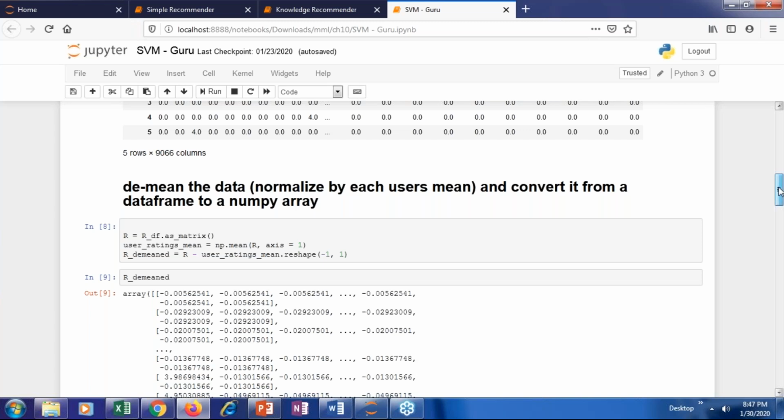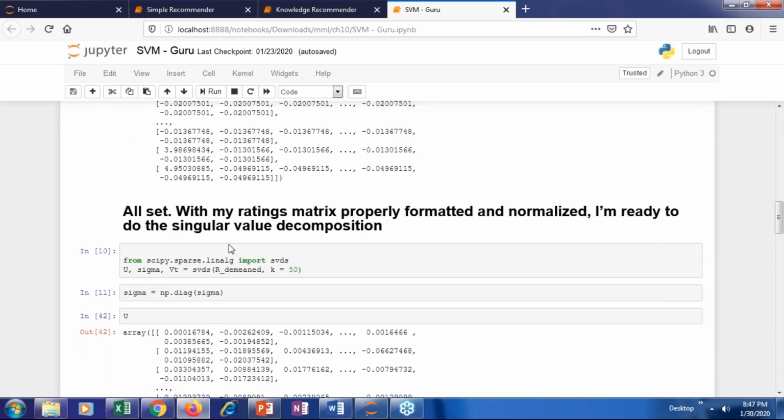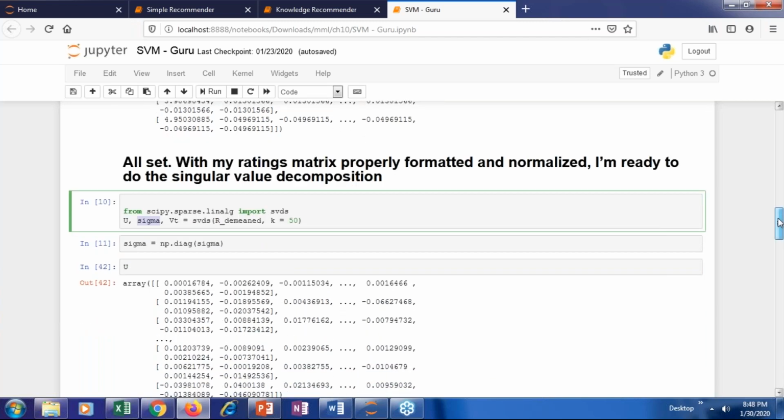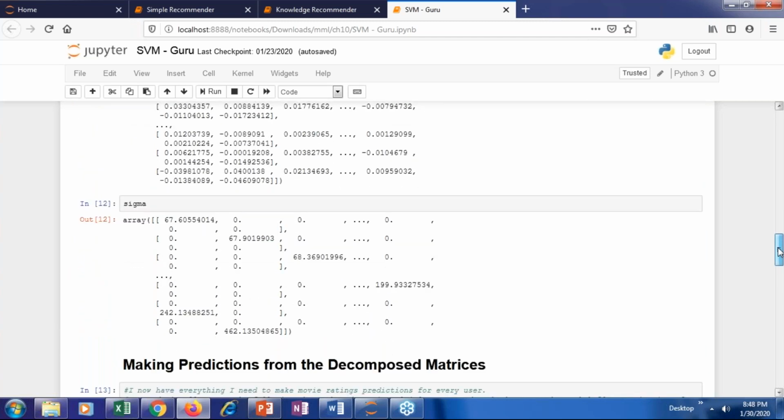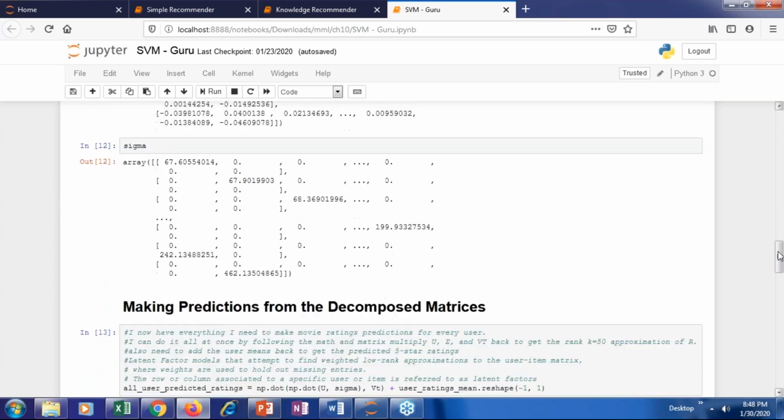Once the matrix is ready, now I am calling the SVD function. By calling the SVD function, I decompose the matrix into three matrices called U, sigma, and V. Whatever sigma returns is going to be your singular values. I'm converting that into a diagonal matrix. Then once I get this, I multiply the matrices back to get